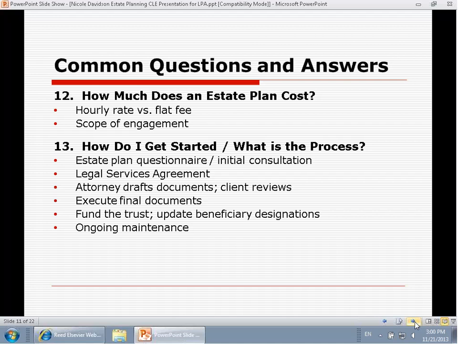From there, and this is something that you may address in the agreement with the client, is the responsibility for funding the trust, updating beneficiary designations. Is it something that the attorney is going to do? Is it something that the client is going to do? What I do is prepare a list of all of the client's assets and liabilities and identify the action to be taken with each asset. To the extent that I can make those changes, then I would do that. But of course, there will be things that you cannot do for your client, like changing the title of their bank account. So I identify the items that the client is responsible for, and then tell them